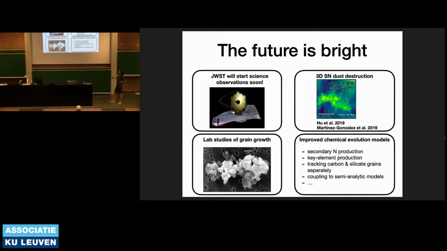We're doing some lab studies of grain growth, which I think is really the way forward to see really, okay, can we indeed grow grains in the interstellar medium? And we're not the only group doing that. There are some groups already working on this, and with the people who just started in our team, we're also gonna tackle this problem, so look at supernova dust destruction efficiency. How much does it go down when we indeed account for this 3D structure?